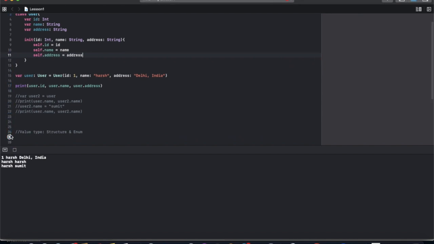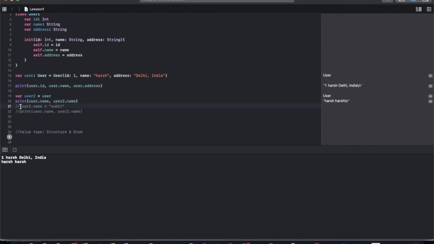Now we're just printing these values. Same as before, it will print the id, name and address. Now we copy user into user 2, print user 2 and check it. Now both are the same.